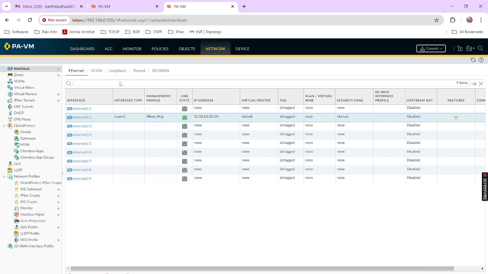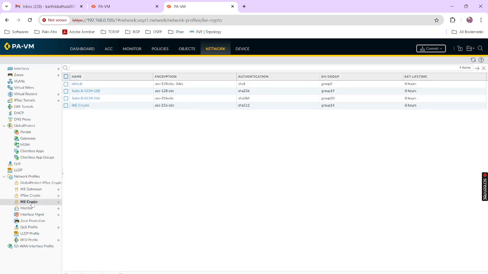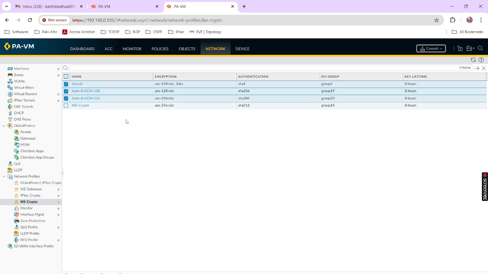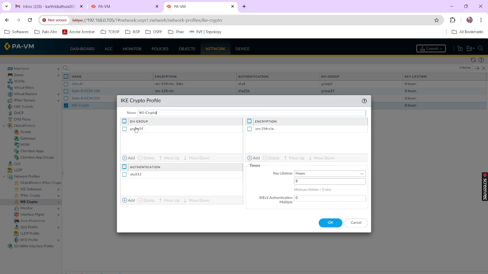So in Palo Alto, in the Network tab, we have IKE Crypto, where we can configure the phase 1 parameters, okay? If you want, we can use the default ones. These three are the default ones. I have created an IKE crypto profile where we need to configure all the parameters here. See here we have a group. This is authentication,